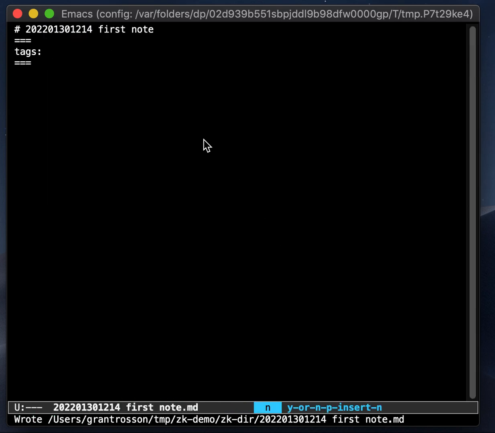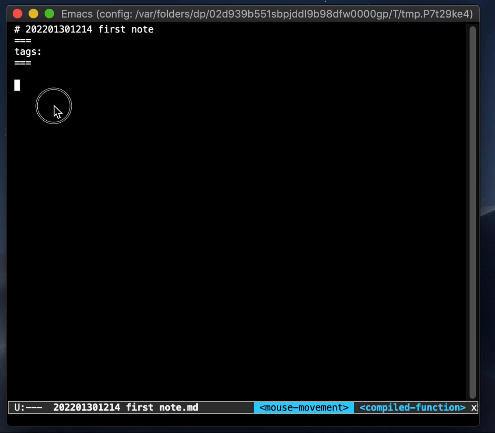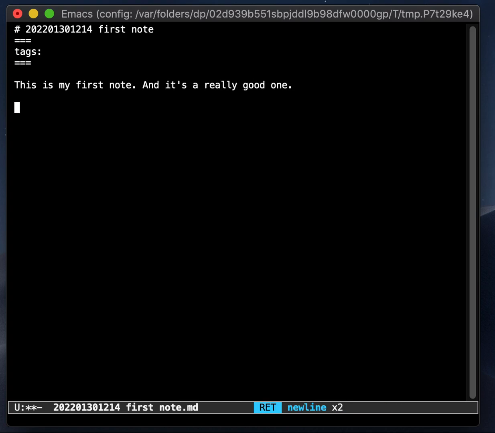So here's the first note, and you can see that it inserts a very generic header that doesn't follow any format, and that can be changed to your liking very easily. But let's just say this is my first note, and it's a really good one. And let's add a tag here, first note, and interesting